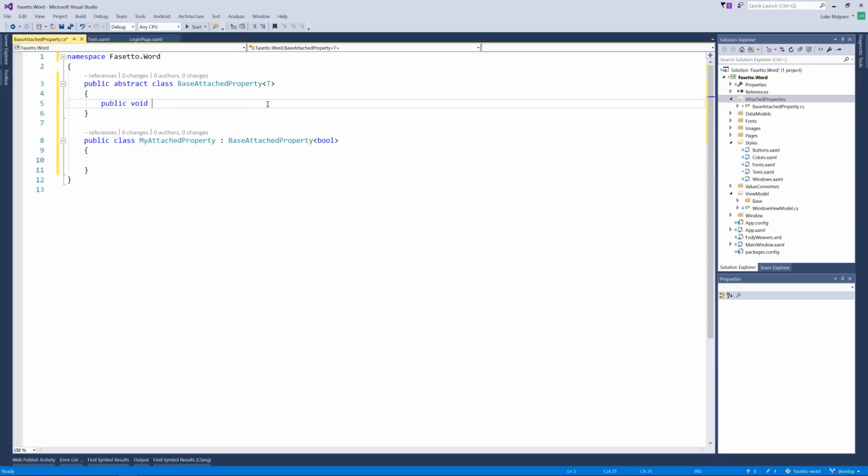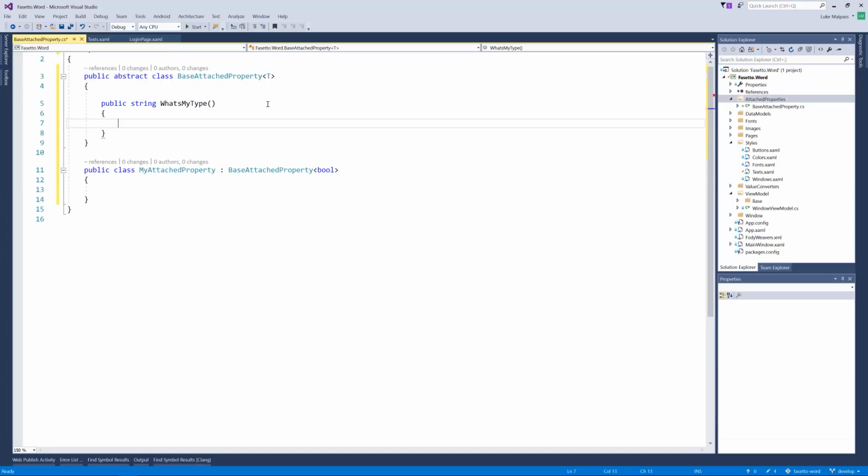You could do a public string, what's my type? And this could return type of T dot ToString, say. And now every class that inherits this base attached property, like this my attached property, if we then make another class, just